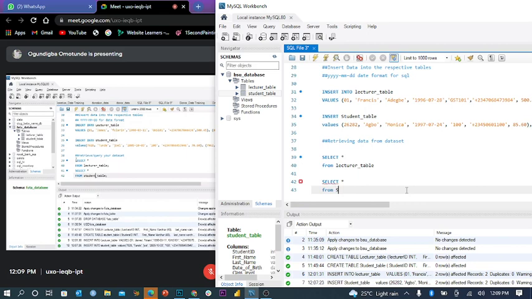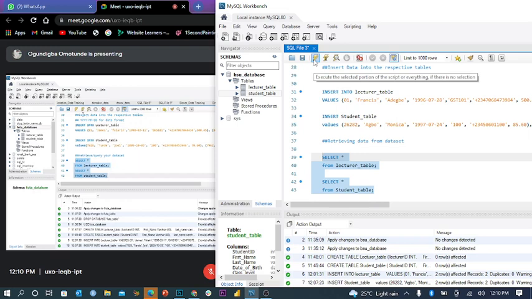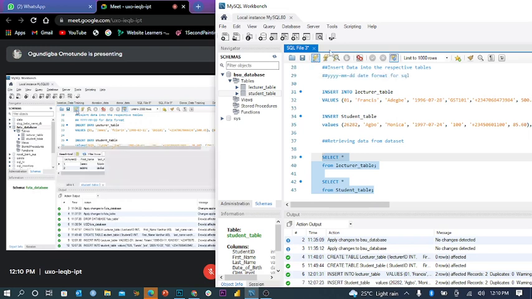So when you get this, you can just pick the two together. Since we've put our semicolon here, SQL is wise enough to know that wherever the semicolon is, it's a different line of code. Then from beneath that semicolon is another different line of code. So it knows these are two different things I want to do. So when I click this longer button here, that's to run it.